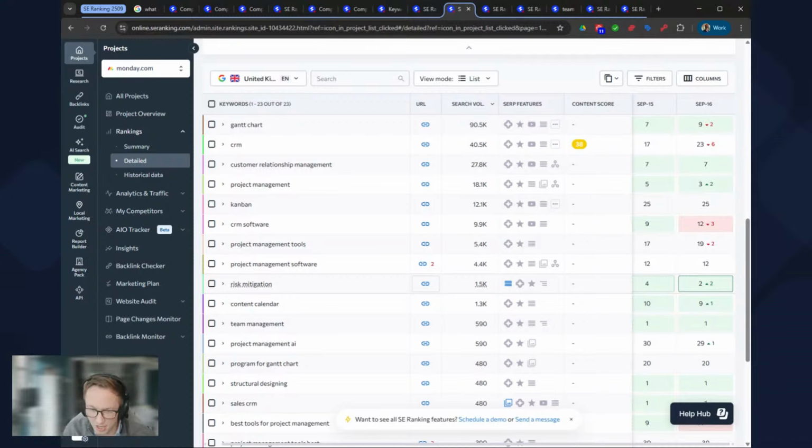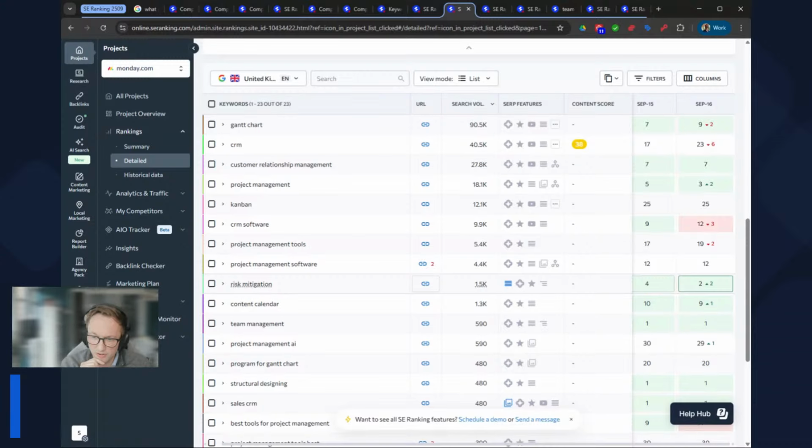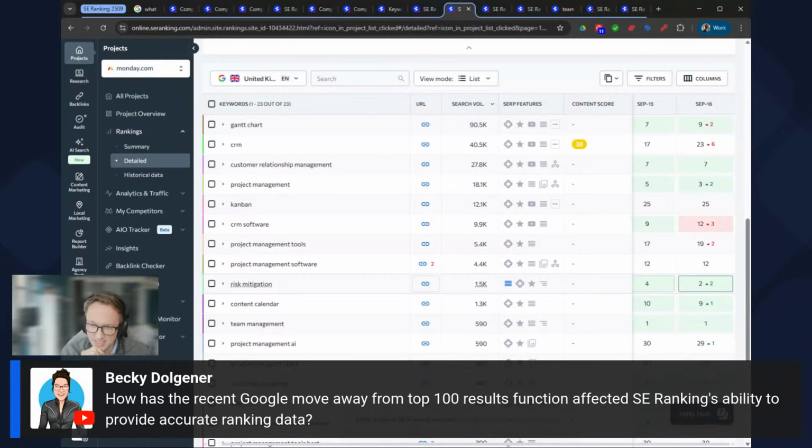Becky's answer, so I don't know if we can highlight this. How has the recent Google move away from the top 100 results function affected SE Ranking's ability to provide accurate ranking data? Probably one for the SE Ranking team, though I would suggest that once you get beyond 50 or so, the results have always fluctuated quite a bit,